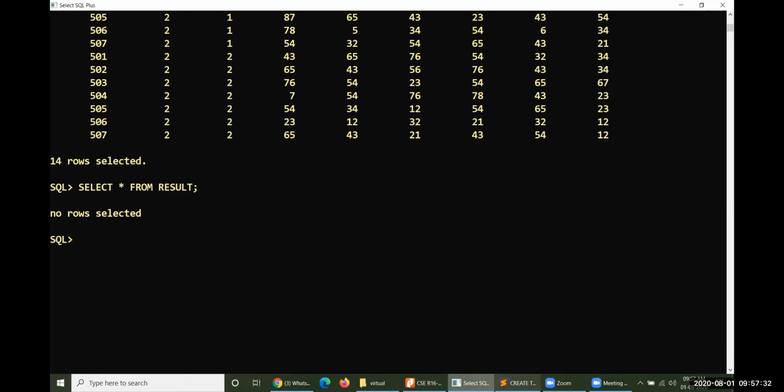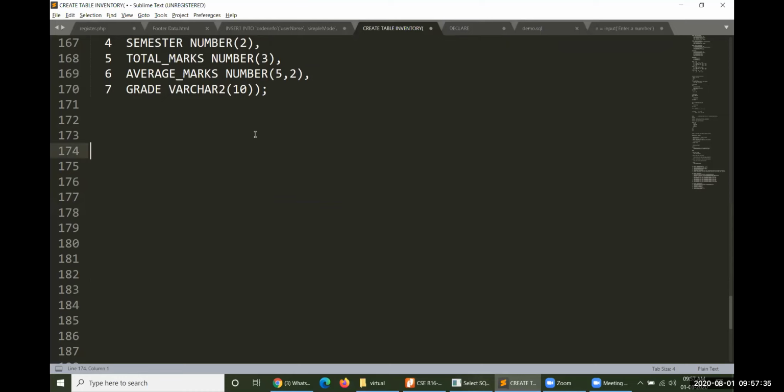So grade will be identified by taking these regulations. Number 1, if any subject is less than 40 marks, the grade will be awarded as fail. Any subject less than 40, he will be awarded as fail. So for any one of the subjects, you have to frame that particular condition in such a way.